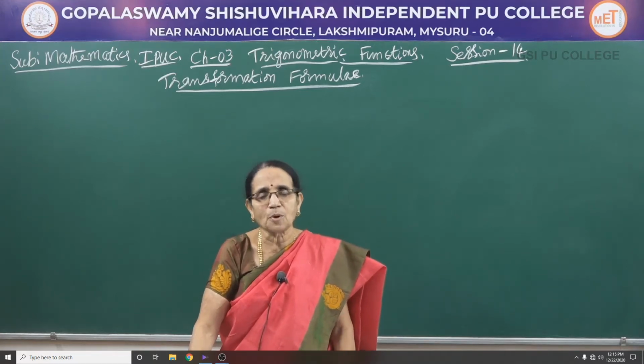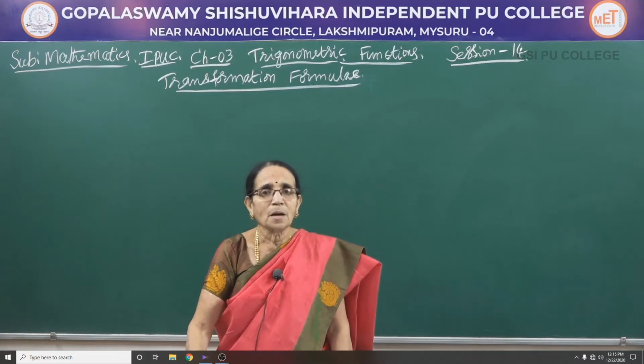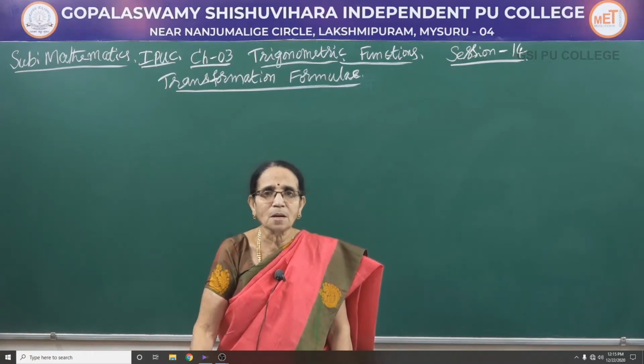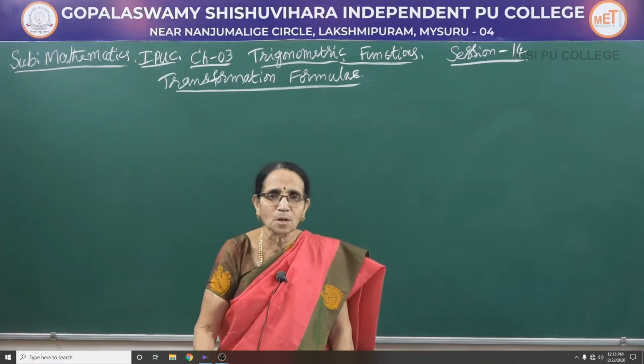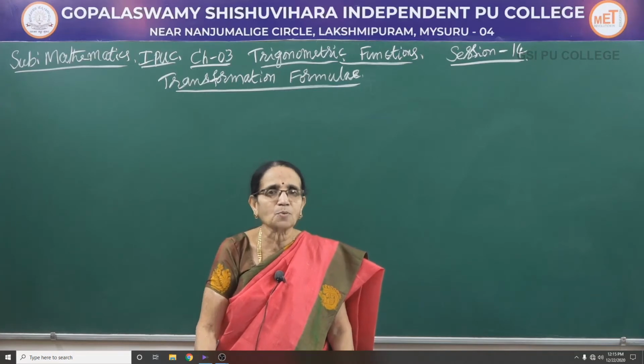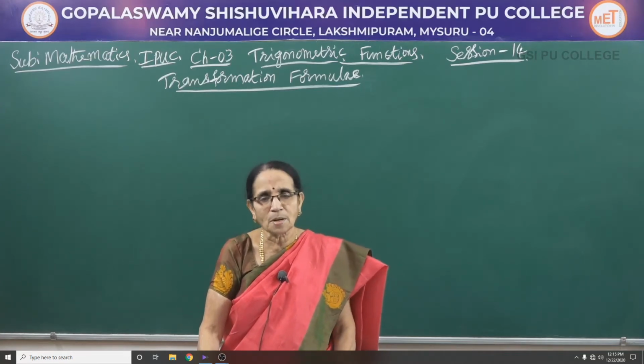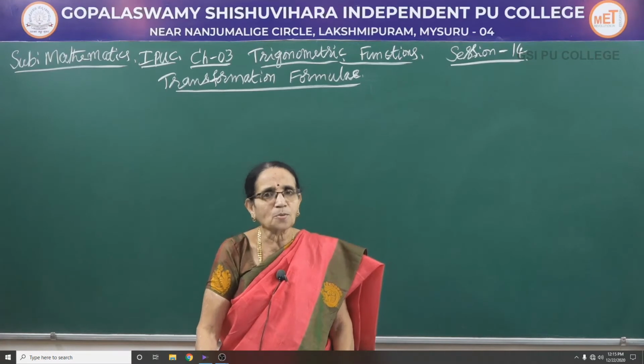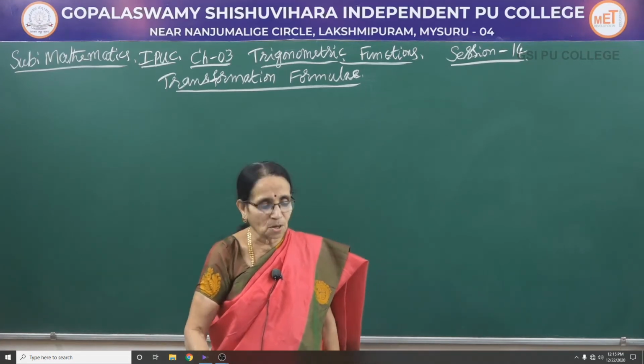That is one set of formula. The other one, a product would be given containing sine and cosine, or purely sine or purely cosine. We try to express them as the sum or difference of two trigonometric functions. So, we transform the sum or difference to product and vice versa. So, we call these formulae as transformation formulae.